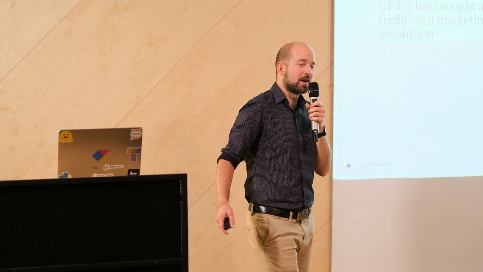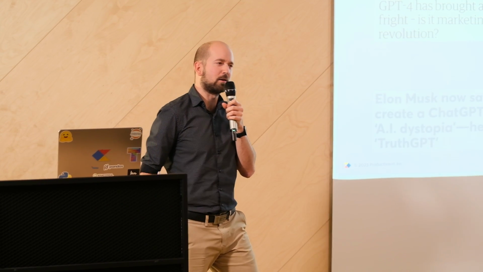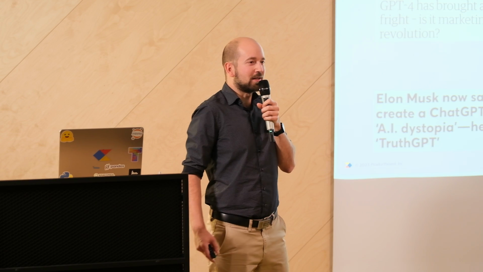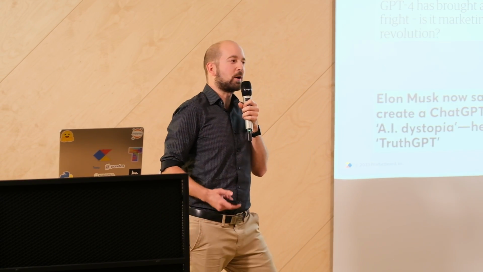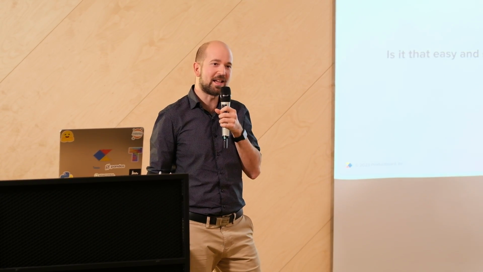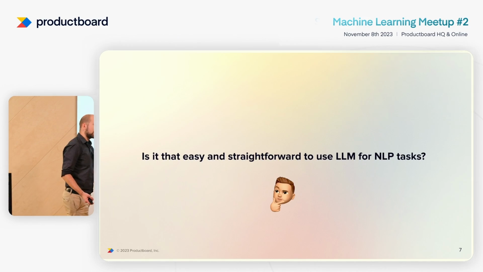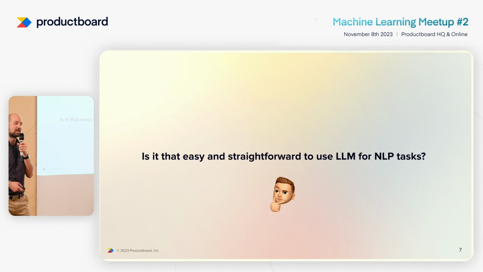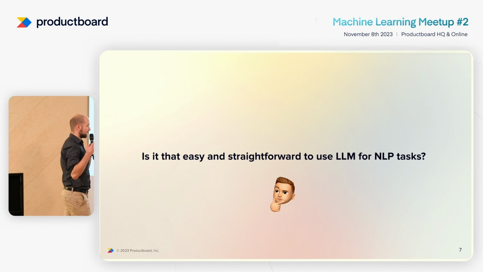I would like to start this talk with the hype around large language models. I suppose that all of you here saw it, know about it. You all know that everyone is talking about it. Yesterday, 2 days ago, OpenAI had a big keynote presentation during which they presented a lot of new stuff that is happening. And so there is super big hype around it, but when it comes to the actual usage, is it actually that easy to use it? Can we just connect some API to our text and get summaries, get topics, get, I don't know, sentiment,